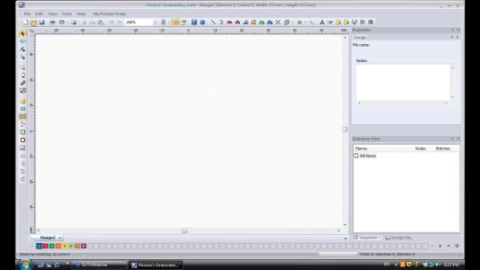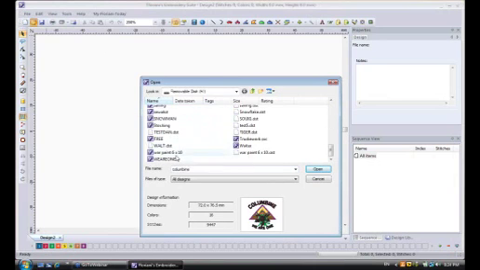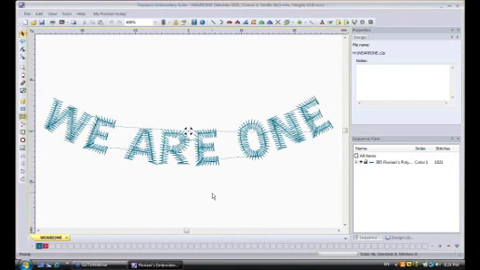Let me take a few minutes and show you. I'm going to open up a design, just a very simple lettering design. This is a part of a design, one of my very famous designs, my Columbine logo. But let's say you ran this lettering design and you said to yourself, oh my gosh,